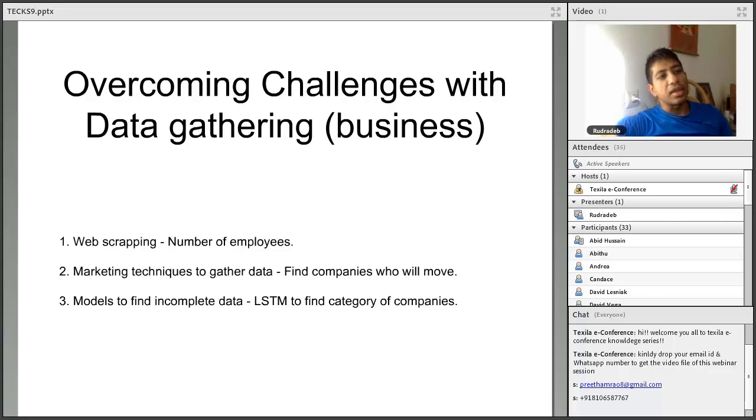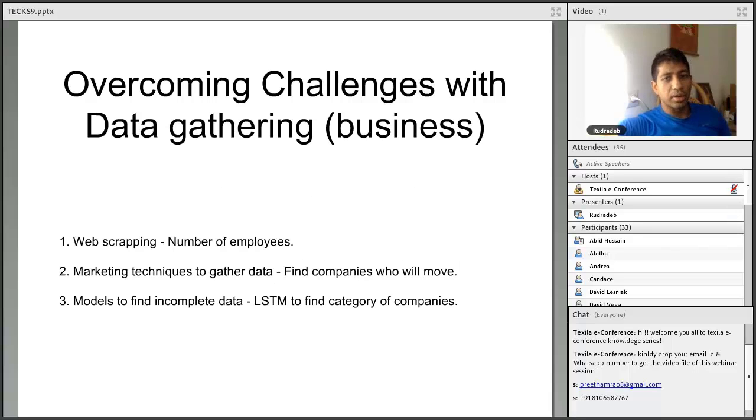And we collected the data about the types of companies and the features they have when they are thinking about moving, and then we tried to train a model. So the second way of collecting data is where you are incentivizing them to share the data, like what we did for the consumer. We are also doing that for businesses, giving a small incentive to share the data so that we would know who is moving offices, and then we can train a model based on that.